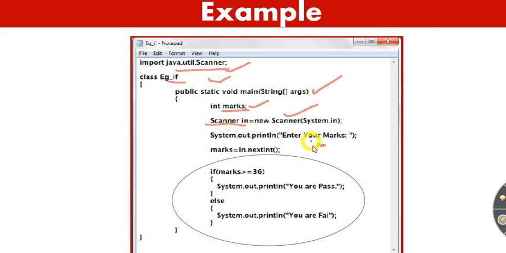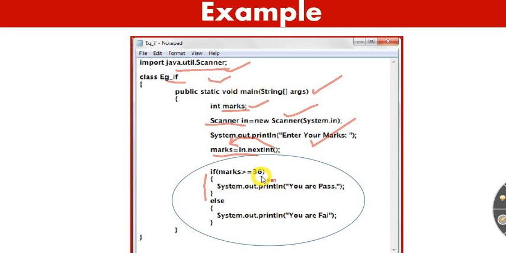Then I have System.out.println. I have used the prompt, that is enter your number, which will be displayed on the screen. Then I have asked to take an input. Whatever the user provides is going to be assigned to marks, and after that we are checking whether marks is greater than or equal to 36.